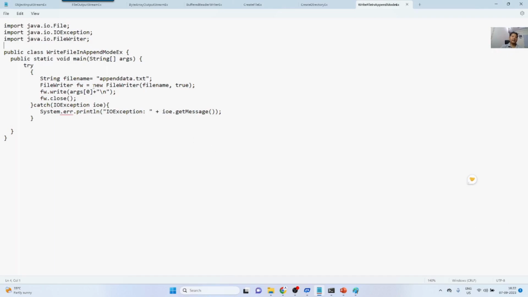So this is another example to write the data into the file. But here, what I'm doing is writing the data into the file in append mode. So whenever I am adding new text, it will just be appended to that particular text file. So what I'm doing, I'm writing this file, that is append data.txt, and for FileWriter, I am passing this file